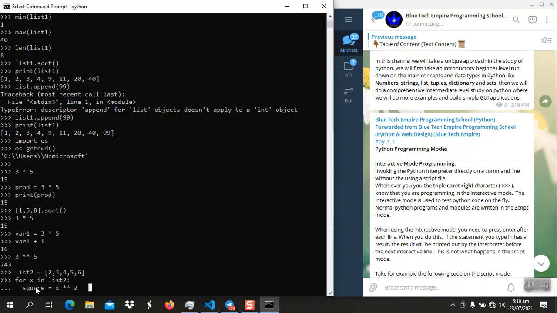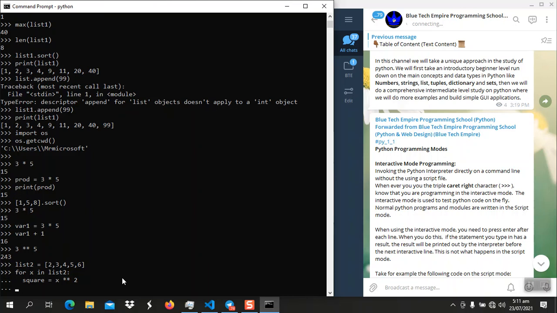I'll show you another example. So in case we write square equals x times 2, x raised to the power 2, now we can print it out. You must indent even when using the interactive prompt. You have to indent if you're trying to write the body of a for statement or a while statement, like I'll be showing you later on. So print